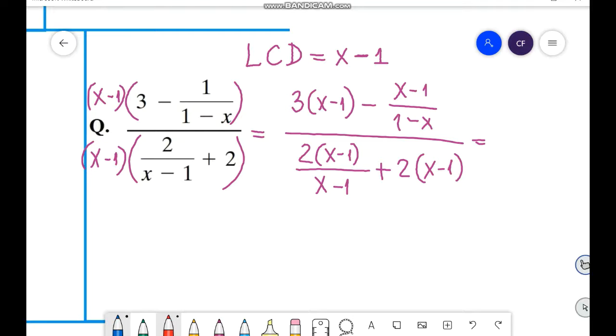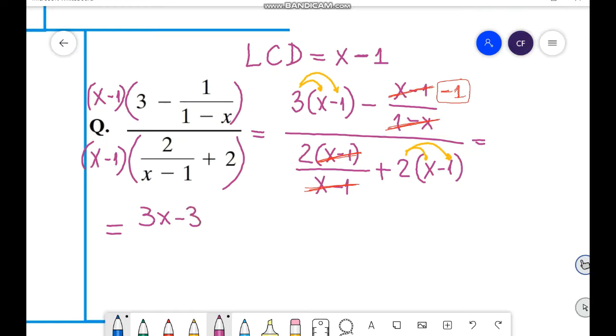What can you simplify here? This x minus 1 cancels out with x minus 1, and this x minus 1 cancels with 1 minus x, but there's something remaining here, negative 1. They are opposites, so it remains negative 1 here at the top. Don't forget to apply the distributive property here and there. Then we will have